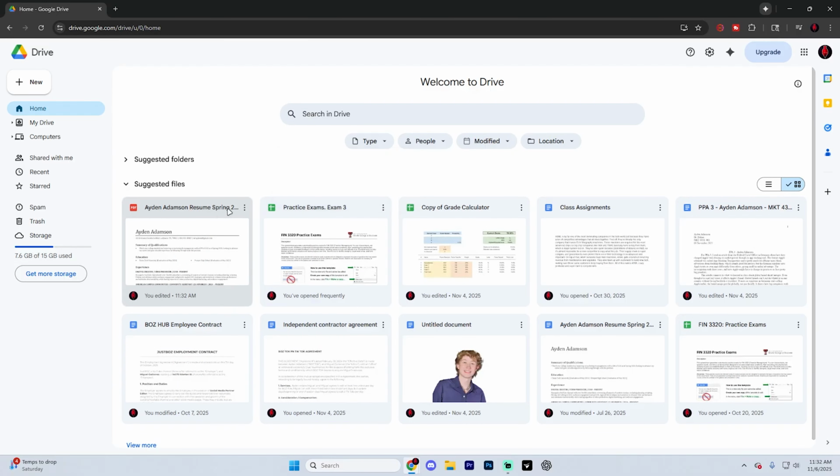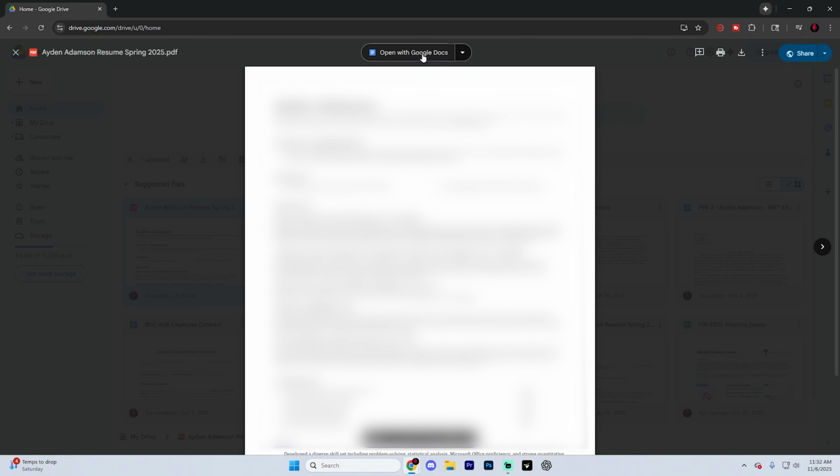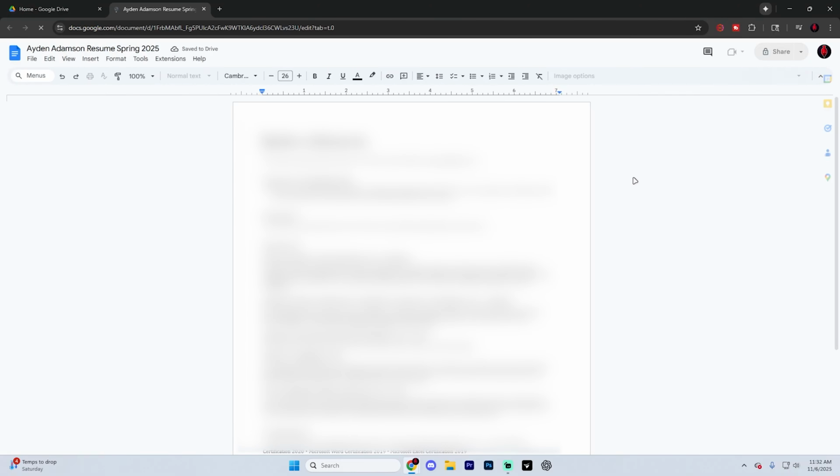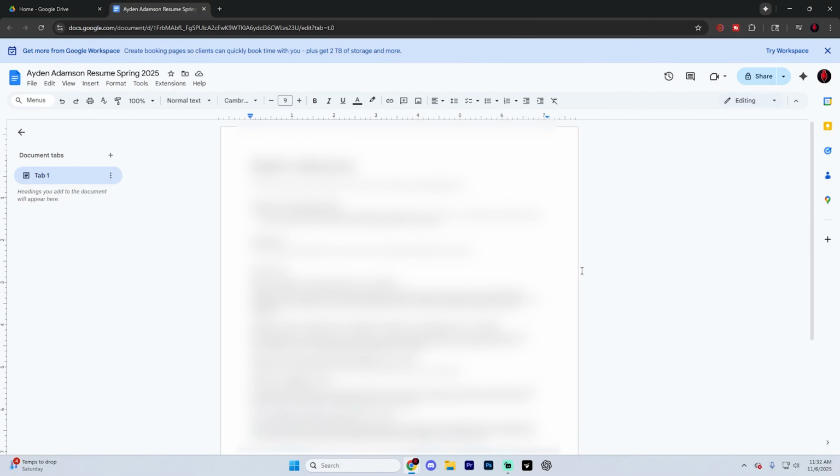Once it does upload, you're going to see it in here. Just open it up. Then up at the top, you're going to see an option that says Open with Google Docs. Choose that, and it's going to reopen it with Google Docs. What it's going to do is convert that PDF, and now you can edit it like a normal